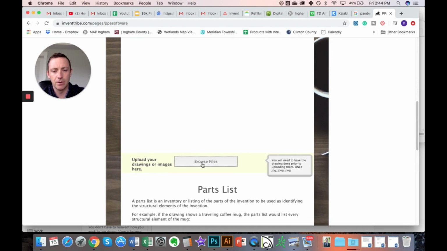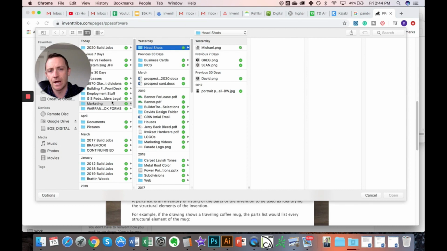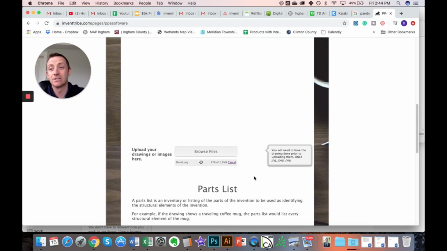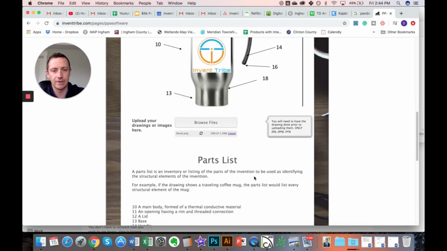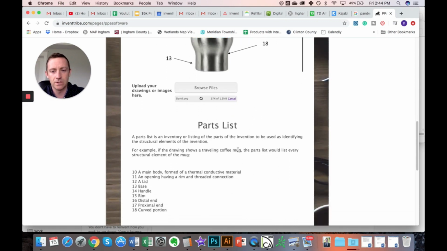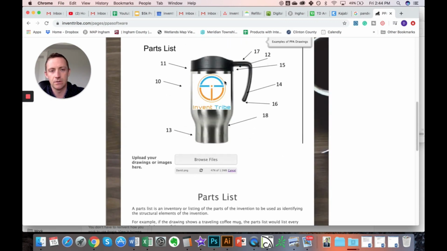And then here's an upload button. So you click this, and essentially you'll grab, I'll get my picture there and I'll put it in, just so we can see it in the provisional patent application that gets done. And when you slide down to the parts list, this image shows up,